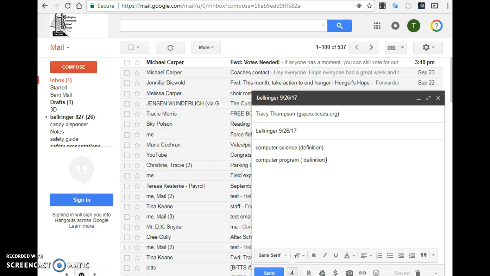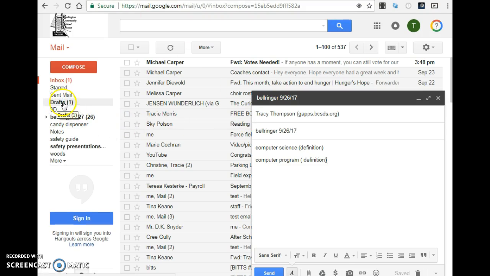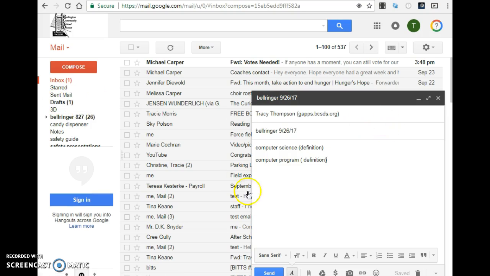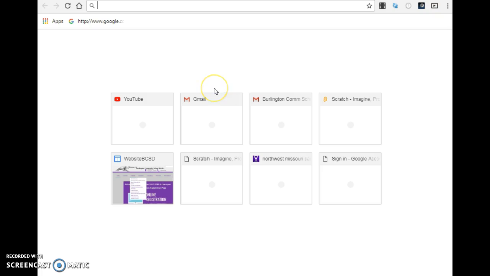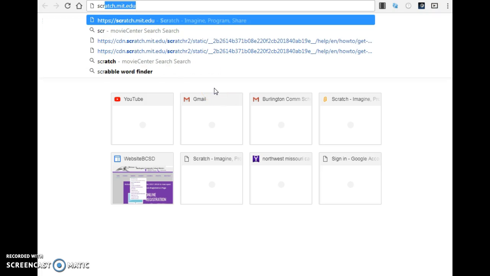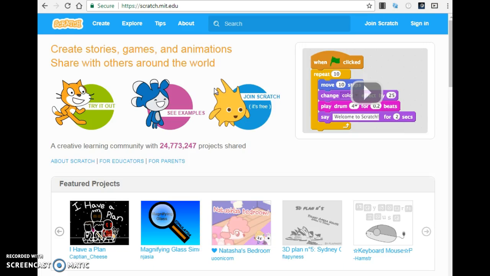Now, I'm just going to leave this open, and I'm going to go to my scratch.mit.edu. Now, you'll notice over here, my drafts, it says there's one email in drafts. That is actually this email right here. So I'm going to go over here. I'm going to open Scratch. Scratch.mit.edu, and you'll see this in the tutorial video, but just to give you an idea what's going on, we'll open up Scratch,